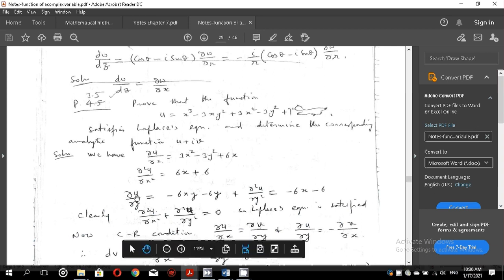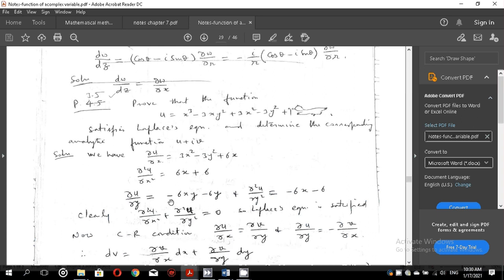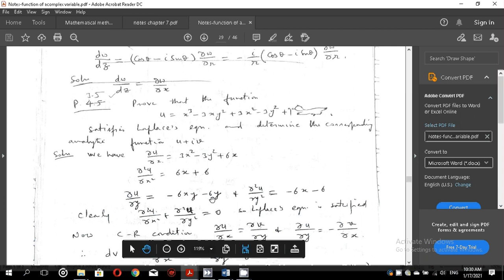So this is the CR condition, partial derivative of u with respect to y, which we obtained from this given value of u, is minus 6xy, and minus 6y, and second derivative of u with respect to y square is minus 6x plus minus 6,